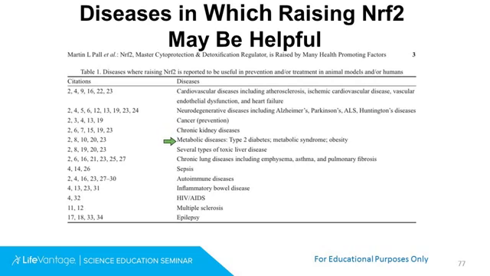Metabolic diseases such as type 2 diabetes, toxic liver disease, chronic lung disease, asthma, emphysema, pulmonary fibrosis, sepsis, autoimmune disease, inflammatory bowel disease like Crohn's and ulcerative colitis, HIV, AIDS, multiple sclerosis, and epilepsy. Now, this is a laundry list of a lot of different things, and again, their common denominator is oxidative stress as the root cause. So you can imagine, if you can reduce oxidative stress through the NRF2 pathway, how it is that you could affect so many different seemingly unrelated conditions.